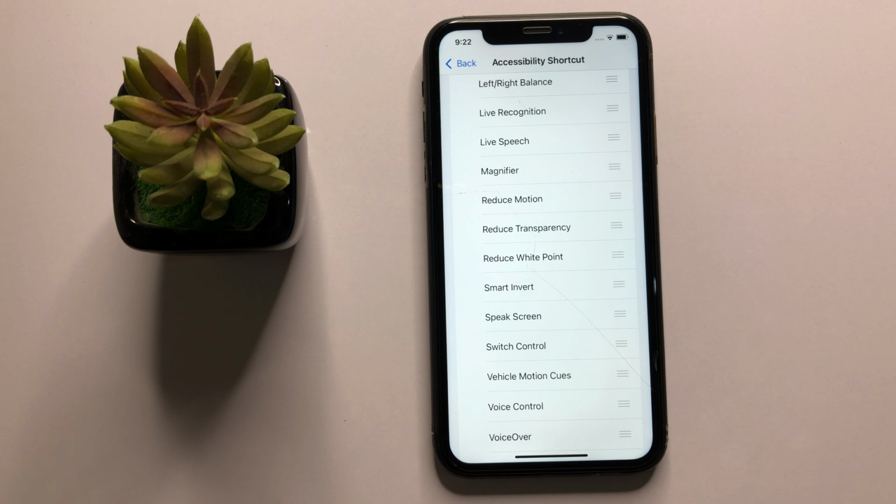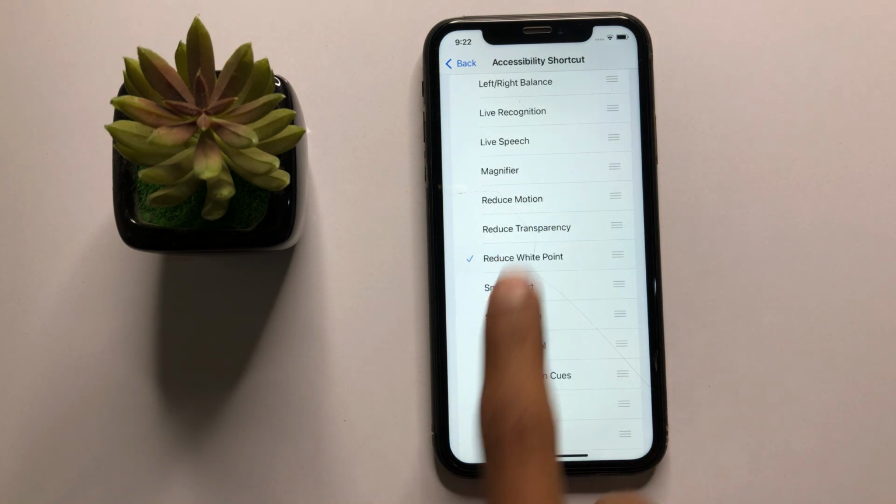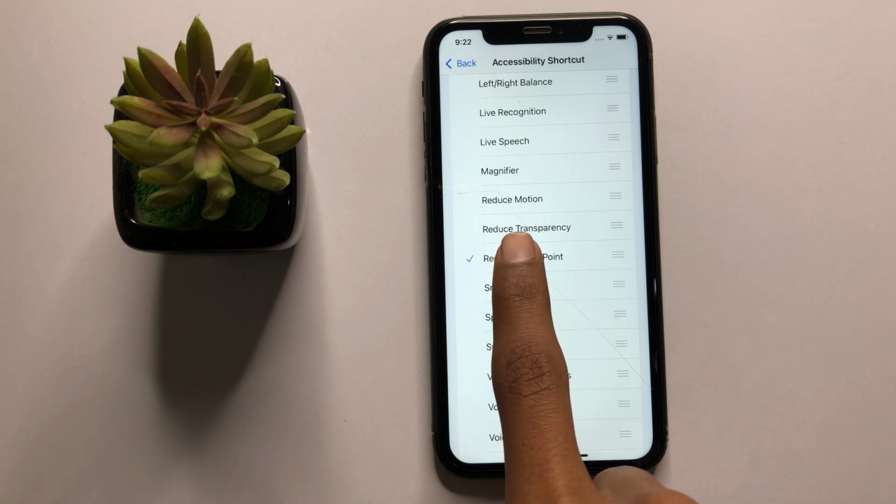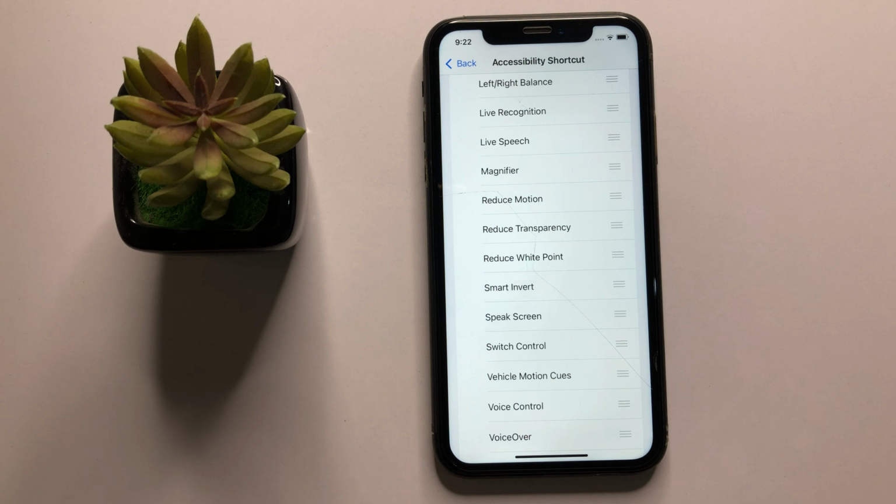If you want to add reduce white point to accessibility shortcut, then simply click on it and it will be added. And if you want to remove reduce white point from accessibility shortcut, then simply click on it again and it will be removed. So this is the way to add or remove reduce white point to accessibility shortcut in iPhone